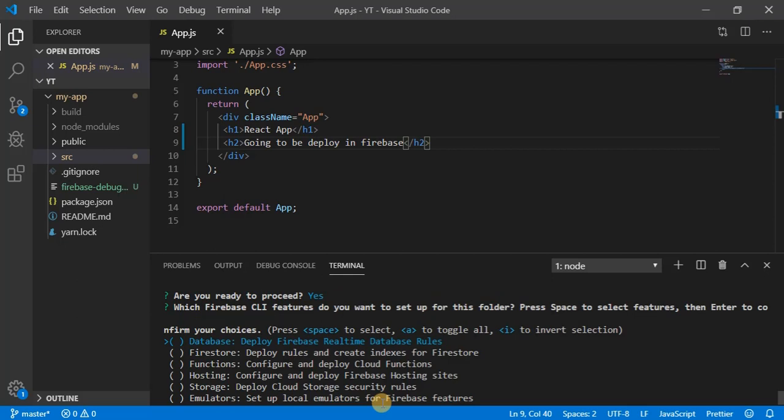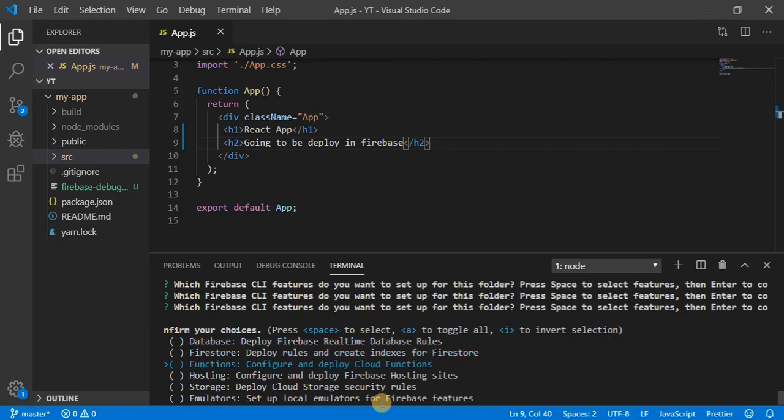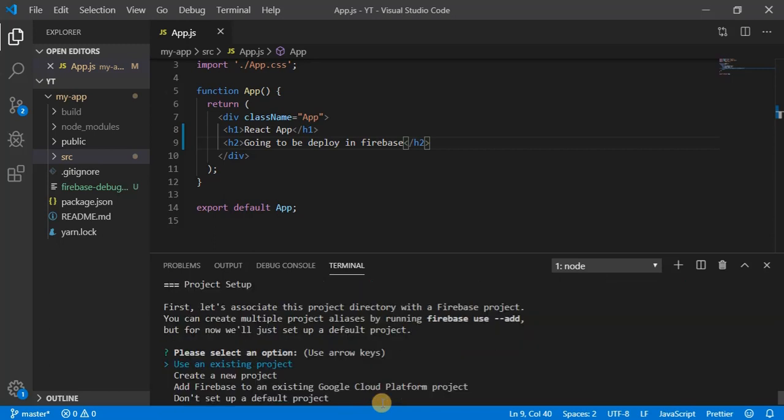So it's going to ask which functionality you want. So we want hosting. Use the up and down arrows to move, and to select please press the spacebar. Okay, so hosting, click enter. Use existing project. Yeah, we have already created a project, so click enter.